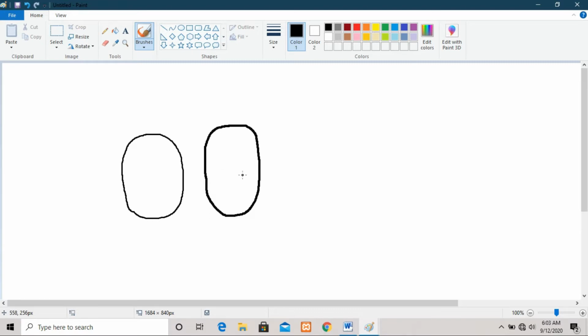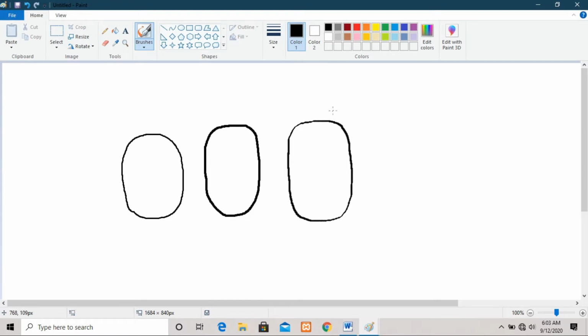Now next, if you want any other brush, like this calligraphy brush, and I use it with another size, like this first one, then see what the result will be when I draw something. See, the brush design has given a different output. This is the use of the calligraphy brush.